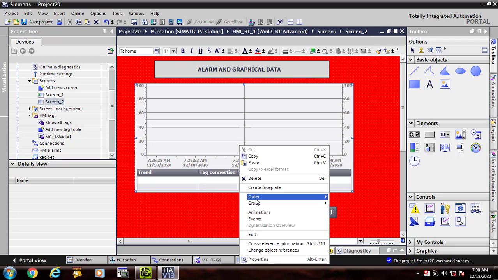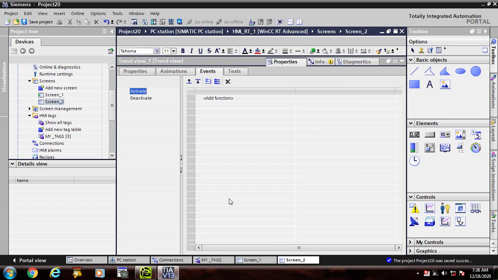This is the graph I have taken. I assign properties to this graph.